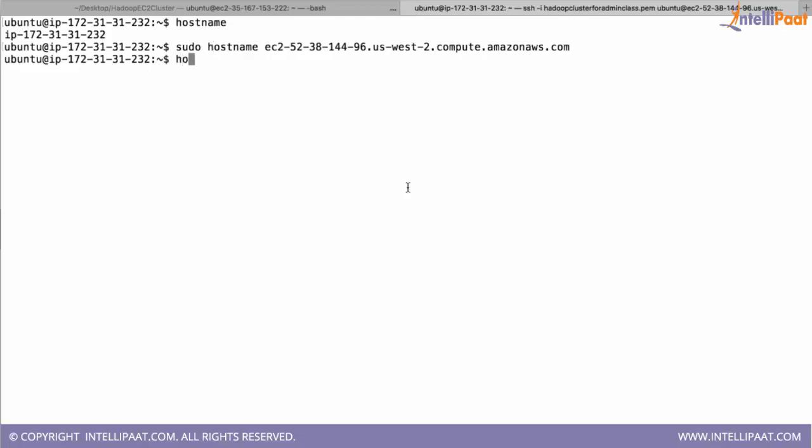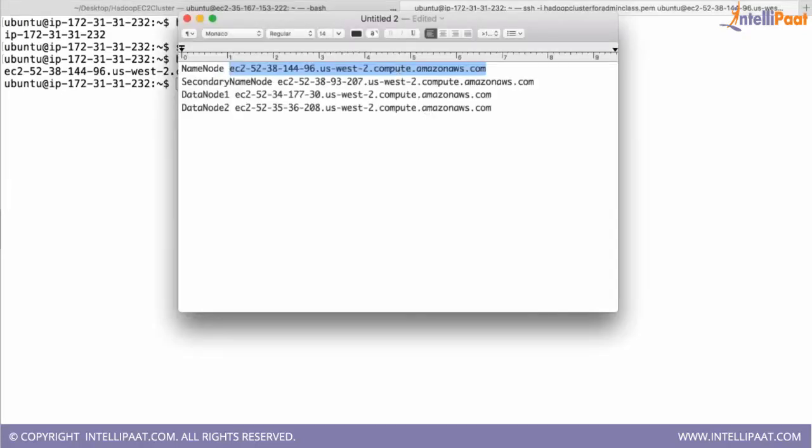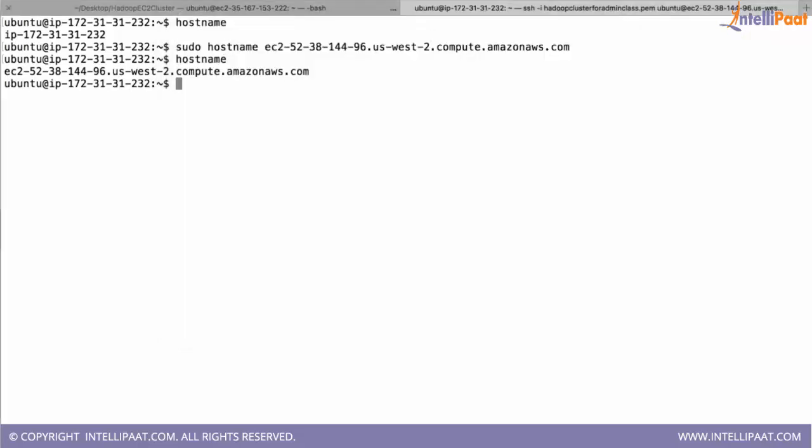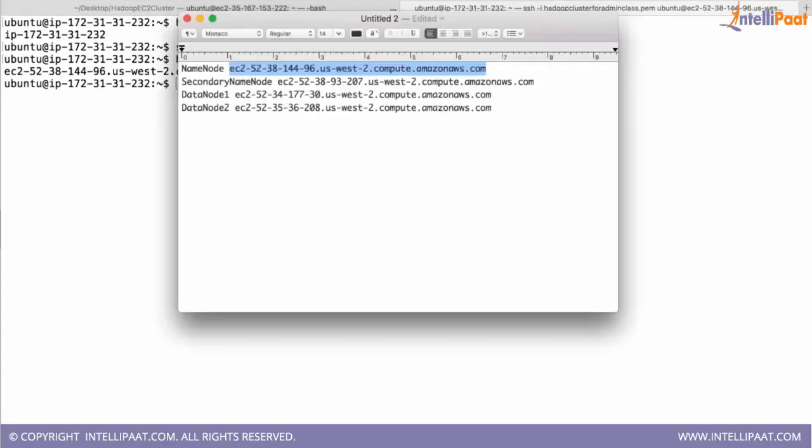Then if you run hostname again, you can check that it has changed. We are making sure that the host name with which we access the machine is the same host name it has. Normally they maintain two different host names, one outside and one inside, but because that causes confusion when we install, we are going to change the host name.